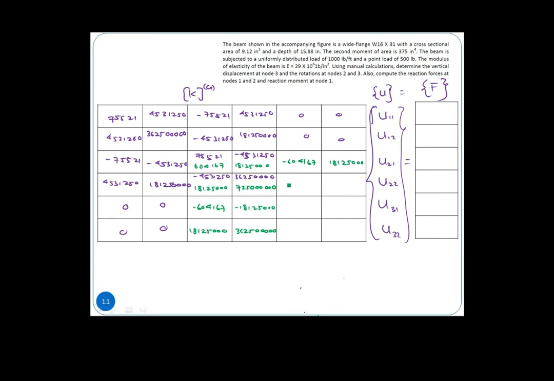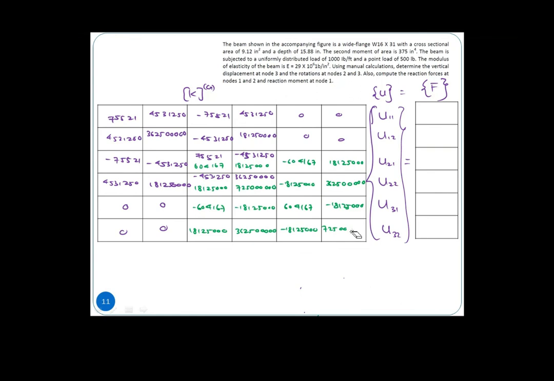Then I have negative 1812500, 604167, negative 1812500. All right, so that completes